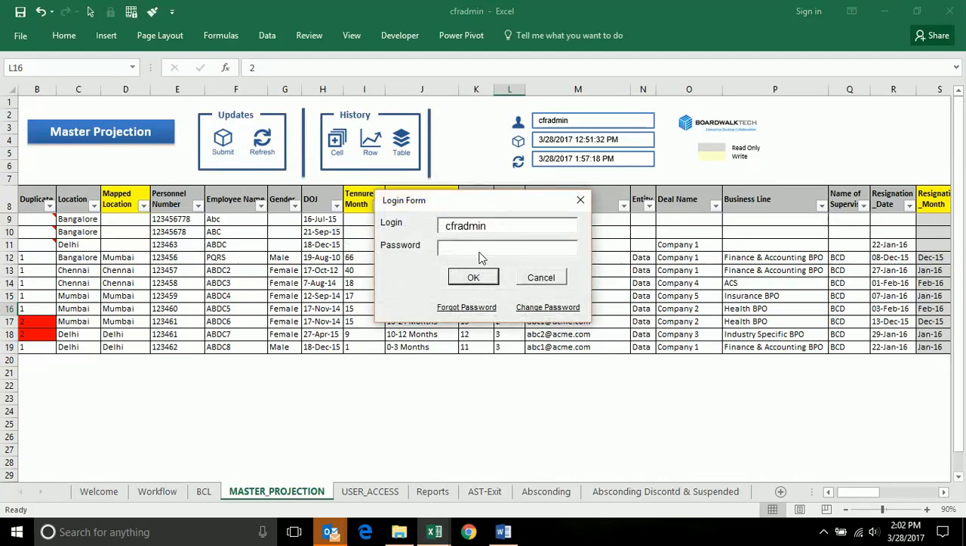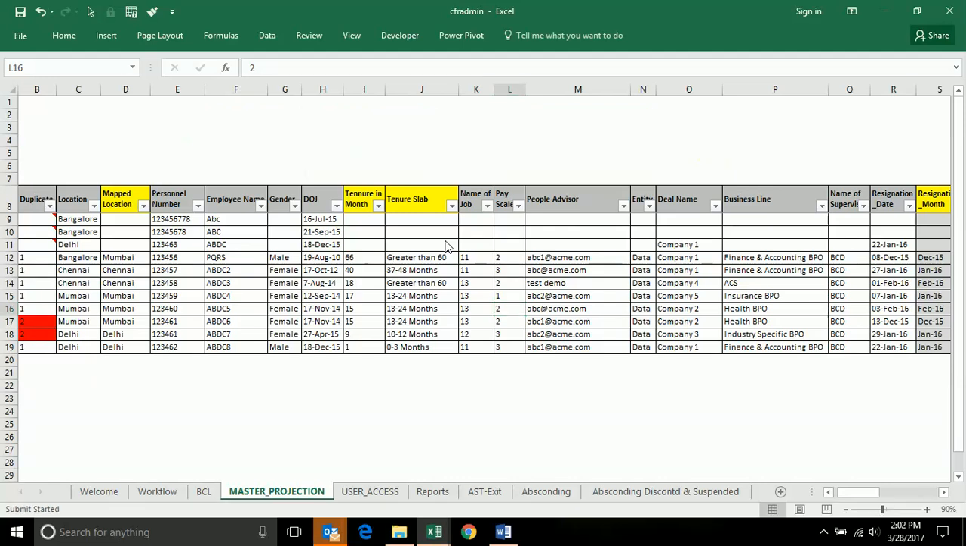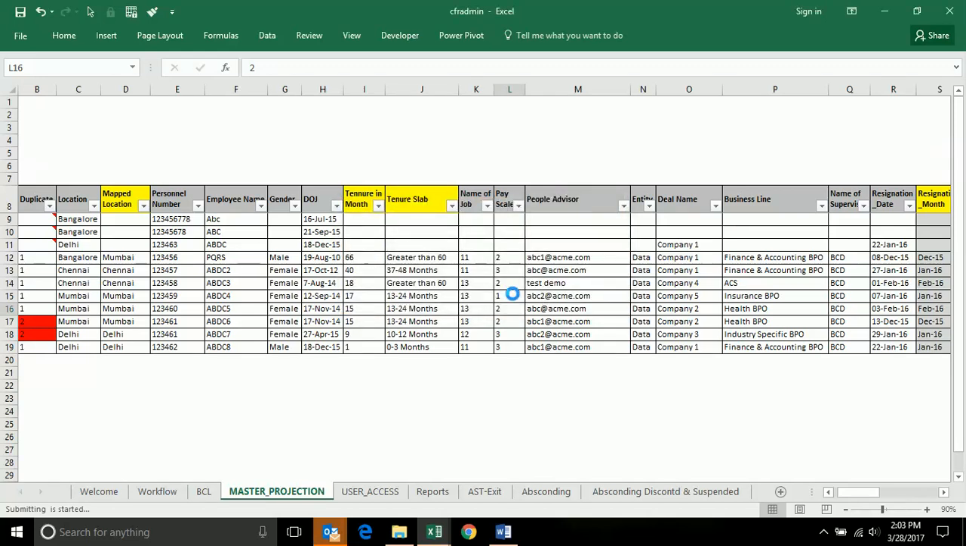And then I'm going to say go ahead and submit. At this point the system asks you to log in, and I say okay, I'm the CFR admin, and then it'll say, well, put a comment across this data. So I'm going to say updates for today, and then when I say okay,